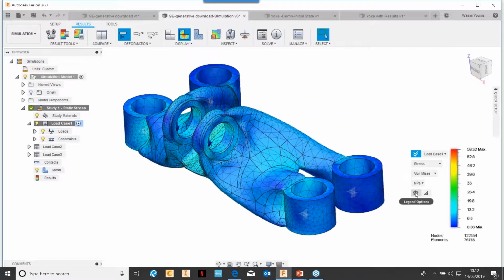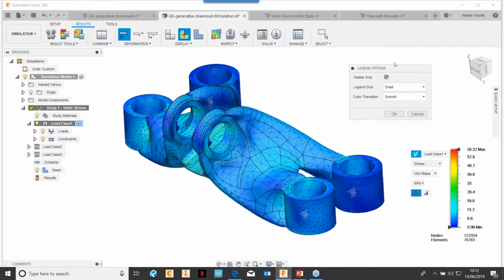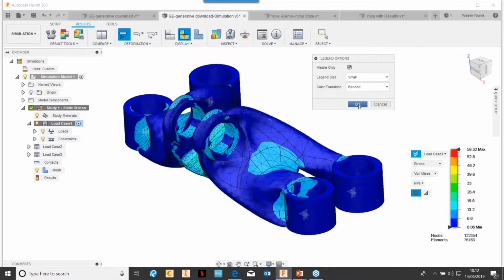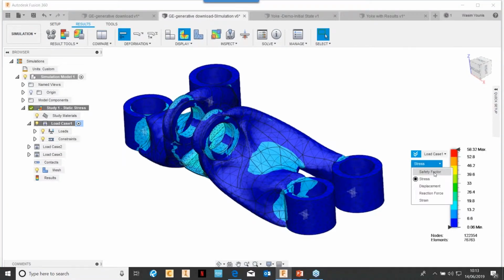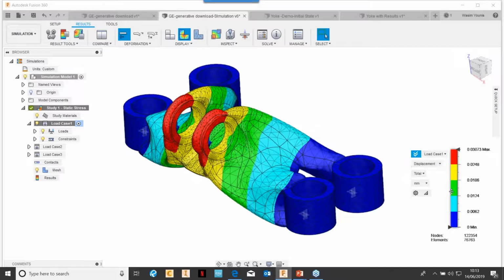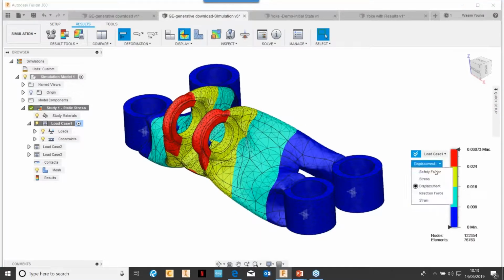So I'm going to change the legend from smooth to banded. And then if I move my legend, you can see, and this I think is pretty cool, that it is probably impossible to do it like this elsewhere. You have to go and click on the legend color inside Inventor or even Nastran and change the divisions, have a look, and if you're not happy with it, keep on doing it. But here you can dynamically change the look and feel of how you want to see the results. And this applies to stress, displacements,